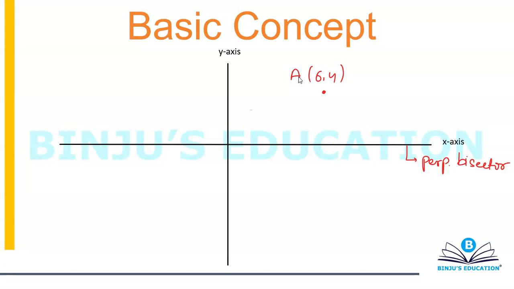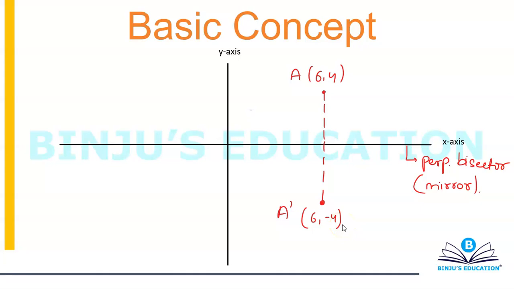So what you will do is, if the x-axis is acting as a perpendicular bisector, this is another way of saying that it is acting as a mirror. Let me prove that to you, why mirror is known as the perpendicular bisector. First thing I told you is that whenever you take reflection along x-axis, the sign of the y coordinate changes. So this point will become 6 comma minus 4.